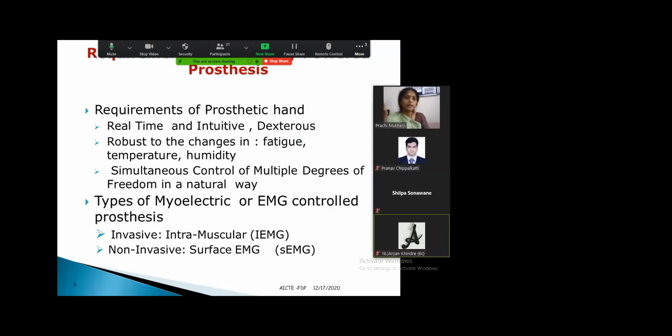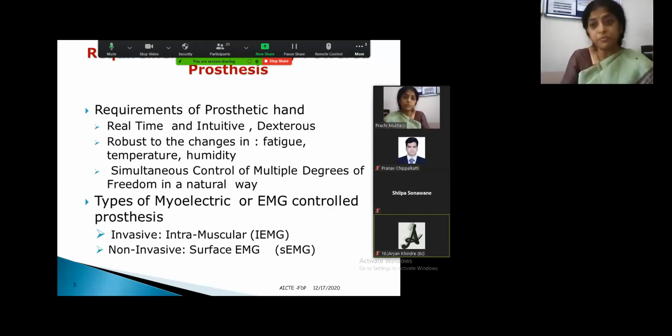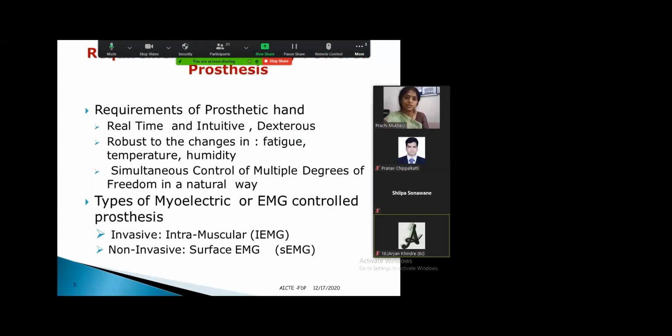So, what are the requirements of these prosthetic hands? It should be real time, so it should be fast. It should be intuitive, which means it should be natural. It should be dexterous, meaning all movements in all 3 degrees if possible. Then it should be robust to changes in fatigue, temperature, humidity, and definitely allow simultaneous control of multiple degrees of freedom in a natural way. For this, we have worked on EMG signals,